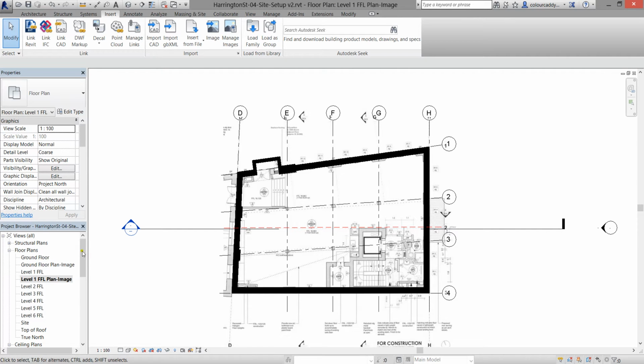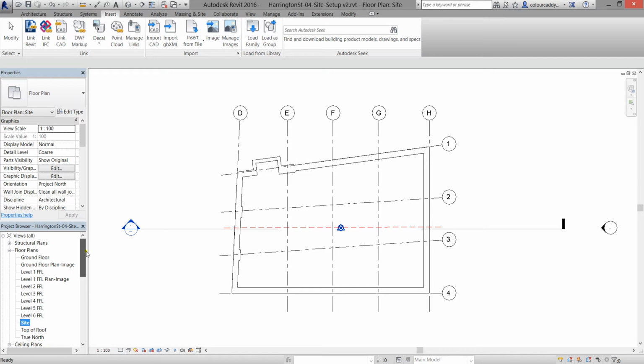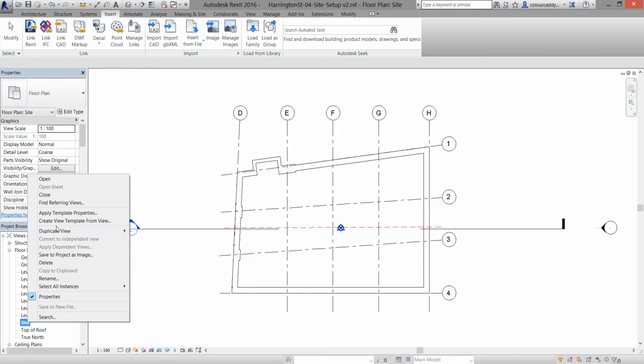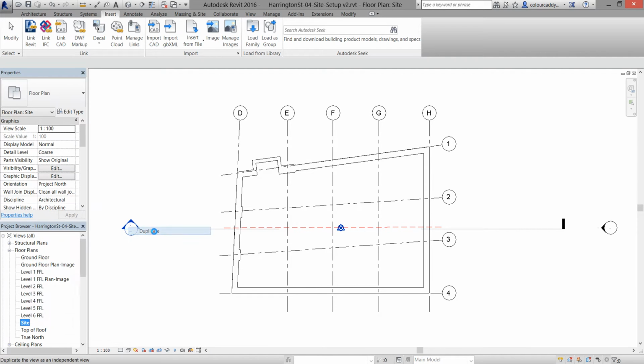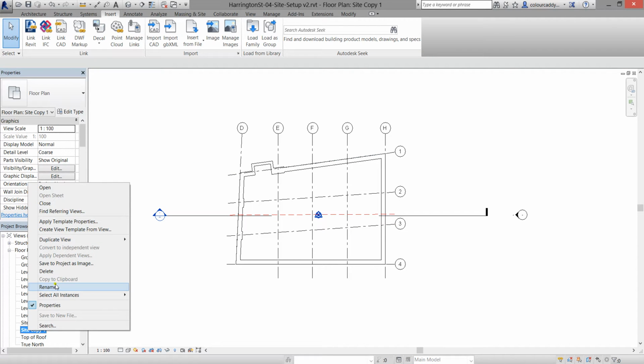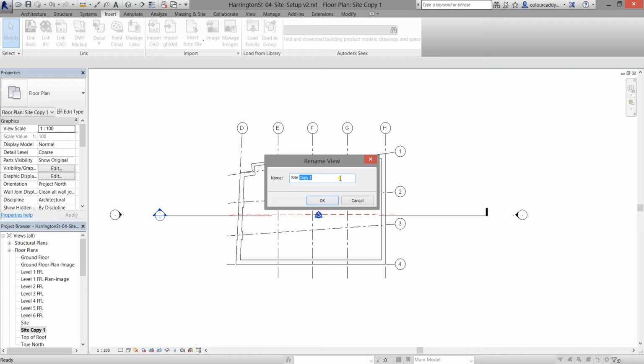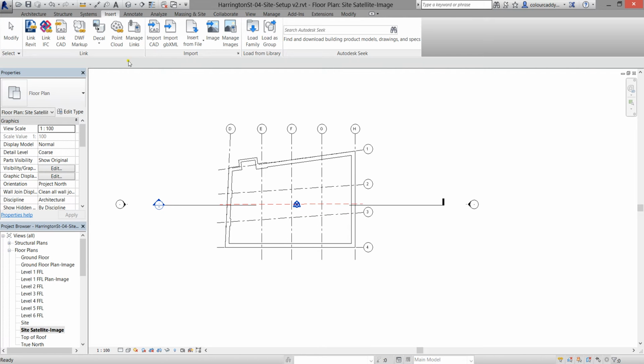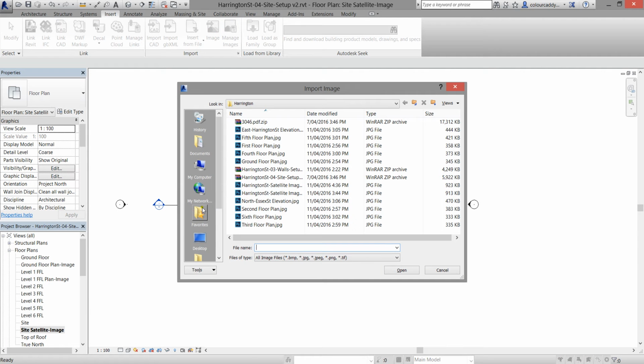So now back into Revit, and I've got my site view there in floor plans. So I'm going to right click on that, duplicate view, duplicate, and then as always rename my copy to view. Site satellite image, we'll call it. Right, so again, under Insert, I can go to Image, find the file I've just saved,